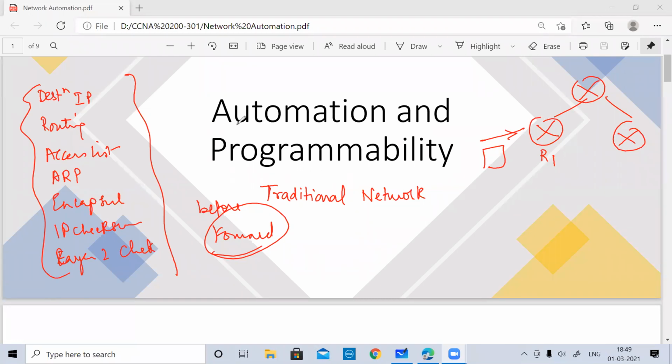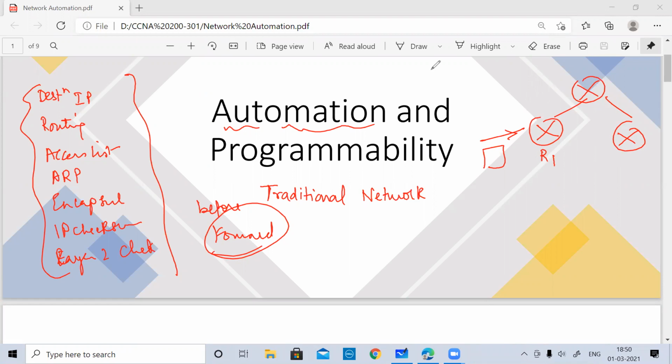So with automation, with the concept of software defined, we will be making use of some programming concepts, but it is not that we are moving away from our core networking concepts. The core networking concepts will remain the same. It is just about how we can get smarter in pushing the configuration and getting information about the devices. When we talk about programmability and software defined things, we are trying to break this distributed manner of doing the task.